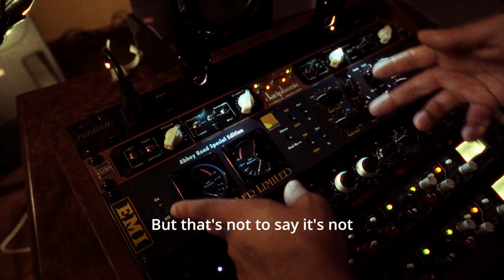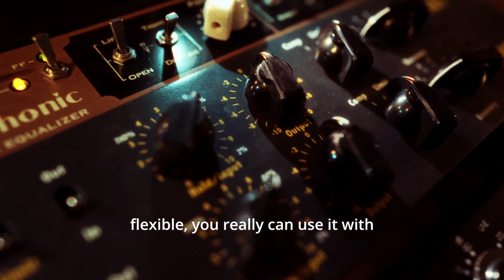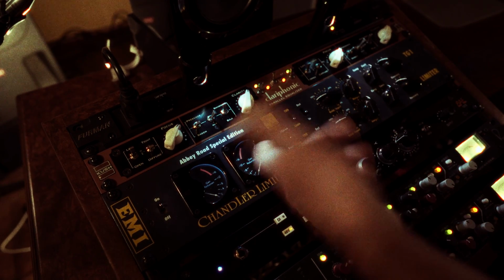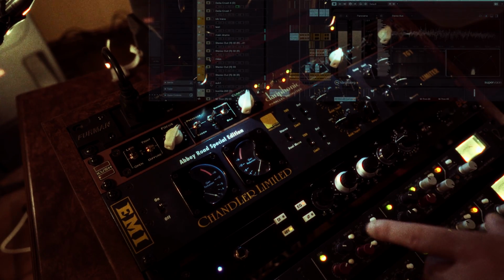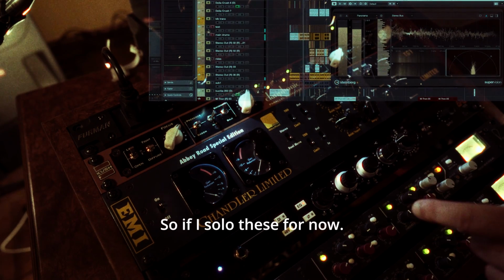But that's not to say it's not flexible. You really can use it with some finesse as well, which isn't what I'll be doing here, of course. I'll be slamming drums through this. So if I solo these for now,